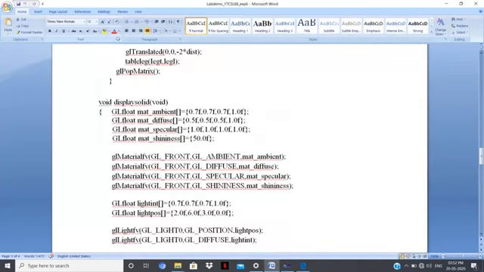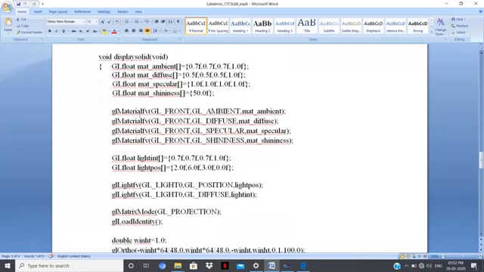Here we find the ambient, diffuse, specular, and shininess arrays we created. These are arrays for the materials to reflect the material properties and provide the appropriate values for them. Then glMaterialfv uses the same front and back face. Here we are using the front face, and for the type of material we are using ambient, the matte ambient array. And with glMaterialfv we use the face front, so it should be applied on the front face of the object.